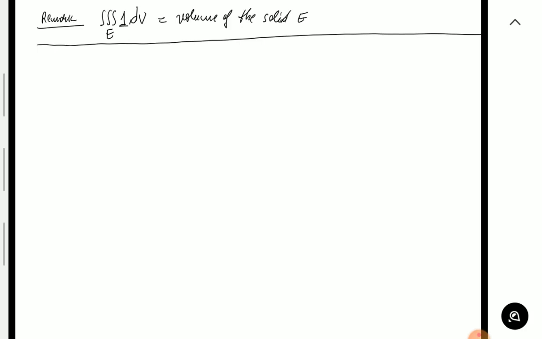So in the limit, you add up all those non-overlapping pieces of the solid,